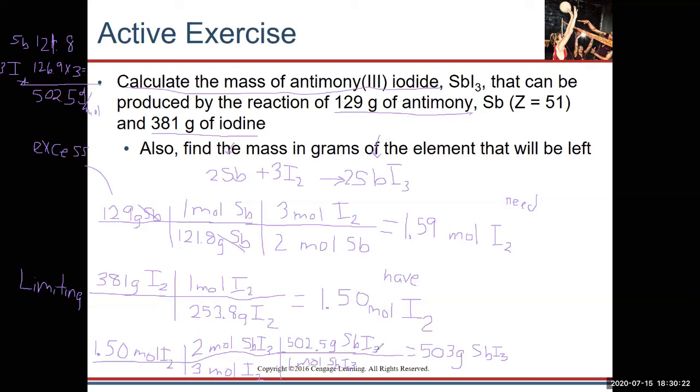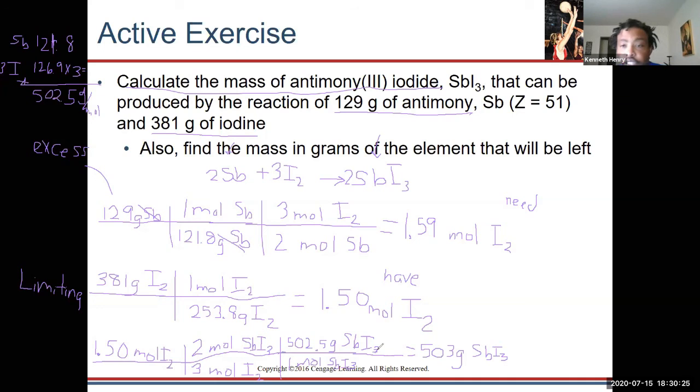The easiest way to do it is, the law of conservation says what you put in, you must get out. So at the beginning of the day, we're putting in a total mass of these two, 129